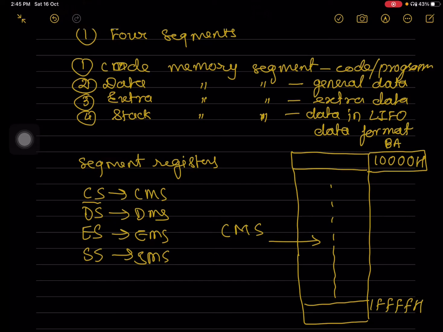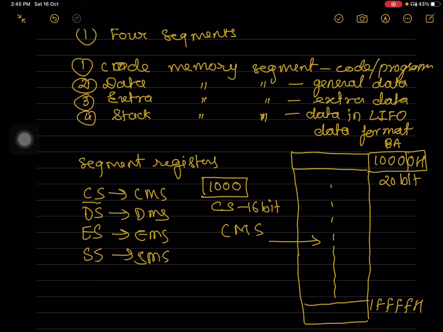Now we know that the CS segment register is a 16-bit segment register, while the base address which is to be saved here is a 20-bit base address. Now how to save this 20-bit base address into a 16-bit segment register? To solve this, the microprocessor saves the first 4 digits, or first 16 MSBs, of this base address into the corresponding segment register. So CS will be saved with the first 4 digits, that is 1000H, the 16 MSBs of the given base address.